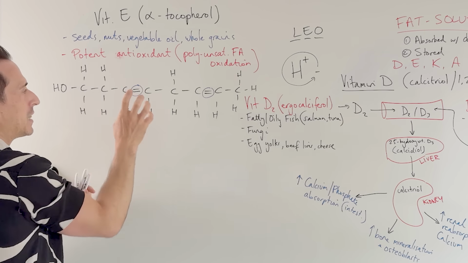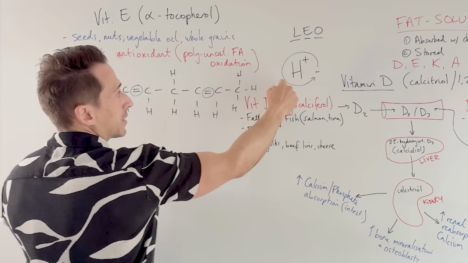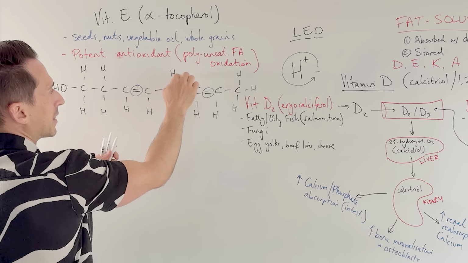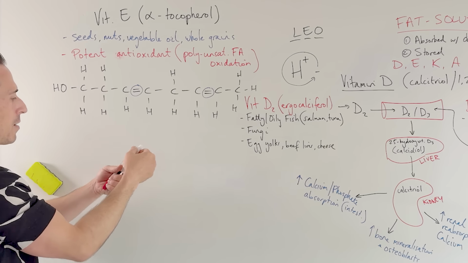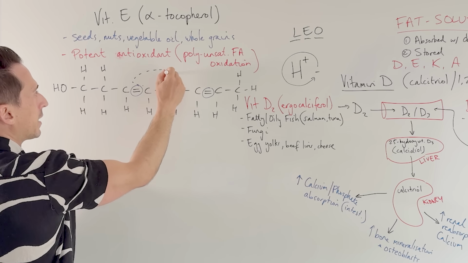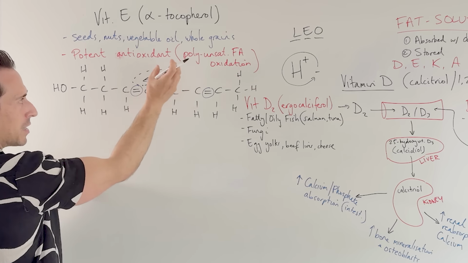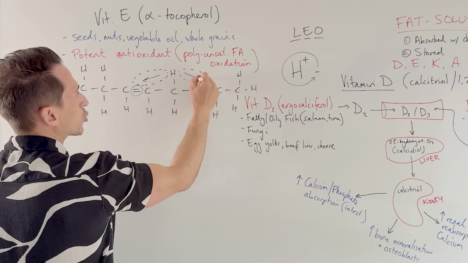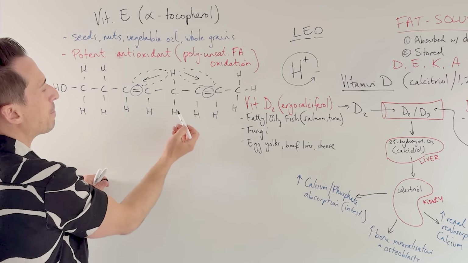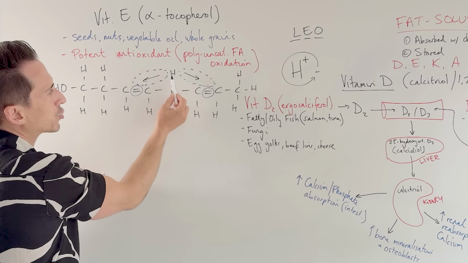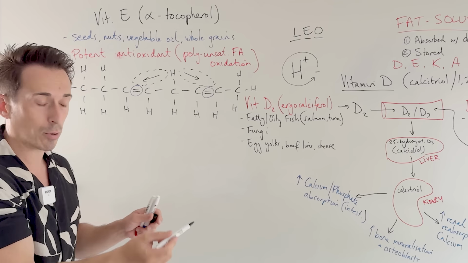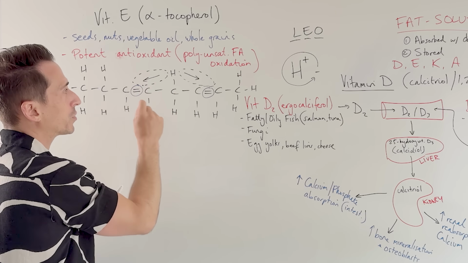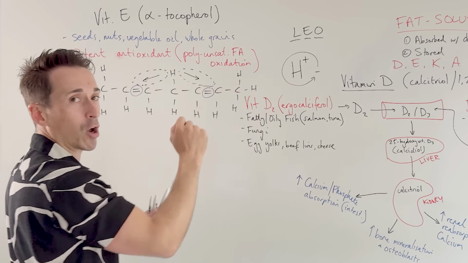Now, what I'm telling you all this is because when you've got a double bond put in, the electron cloud that sits around molecules becomes unstable. Well, not unstable. What it does is that the electron bond here between the hydrogen and the carbon starts to sort of pull away the electron field, right? And here it happens as well. Where the double bonds are, it disrupts the electron field. And that means that the carbon and this hydrogen bond here becomes weak and unstable, which is perfect for when we have certain molecules that come along that want to steal the electron, for example, from that hydrogen.